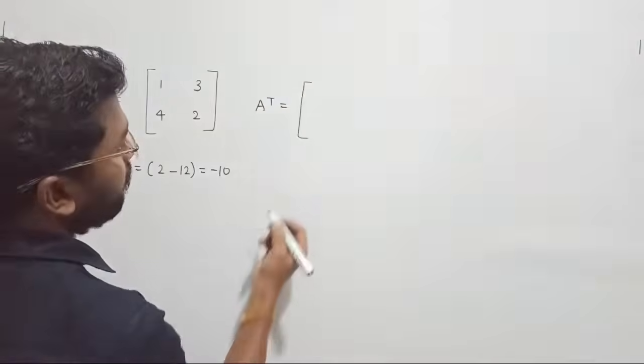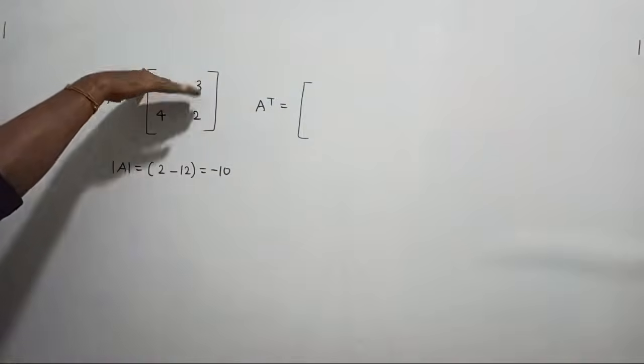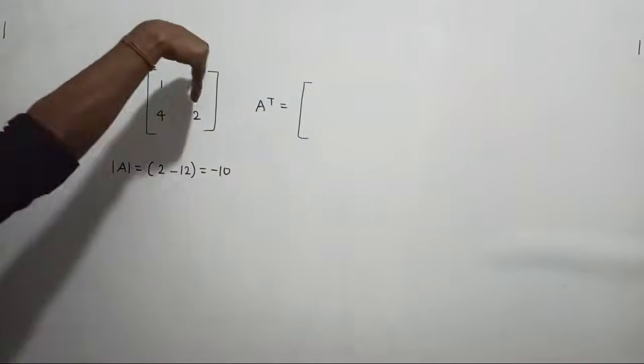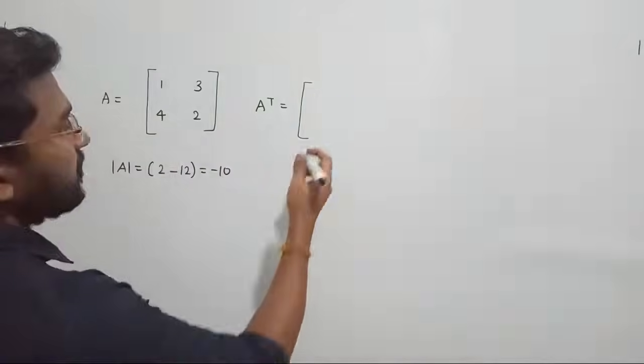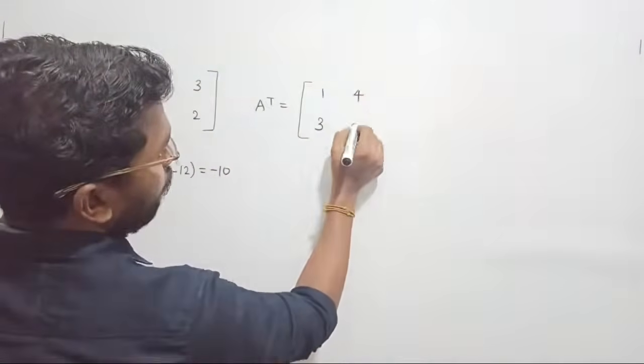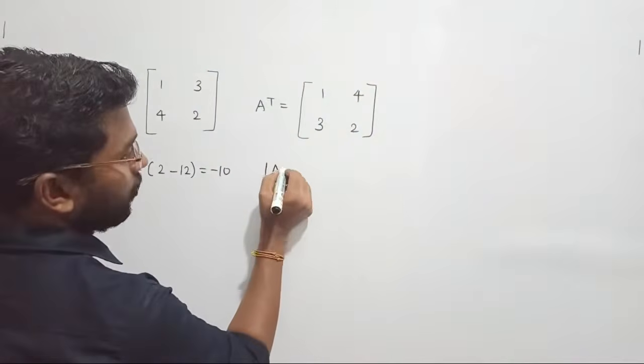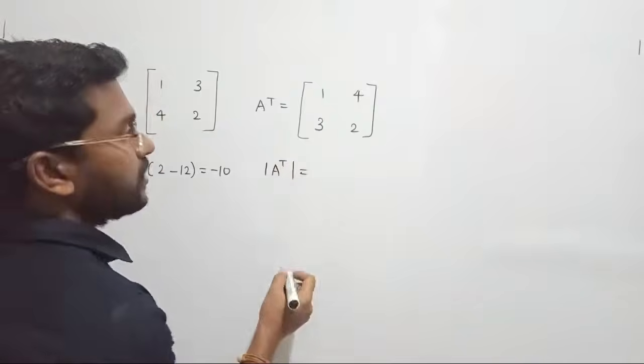We all know what we mean by transpose. Transpose in the sense rows become columns and columns become rows, such that the first row will become the first column, the second row will become the second column, right? So this matrix can be written as 1 3 and the second row as 4 2, such that if you find the determinant for A transpose, that is going to be